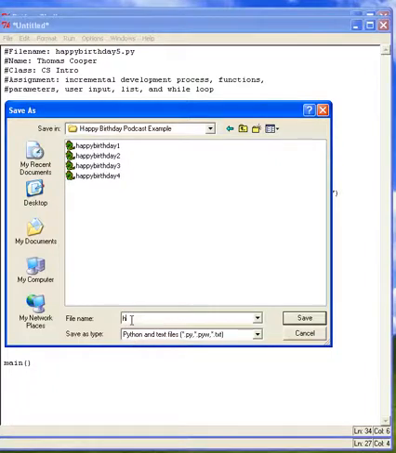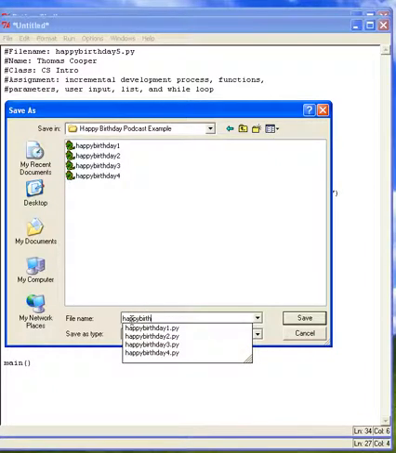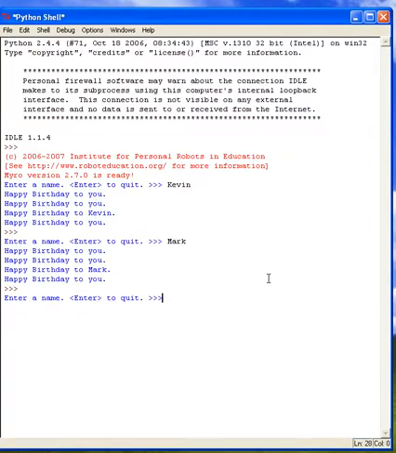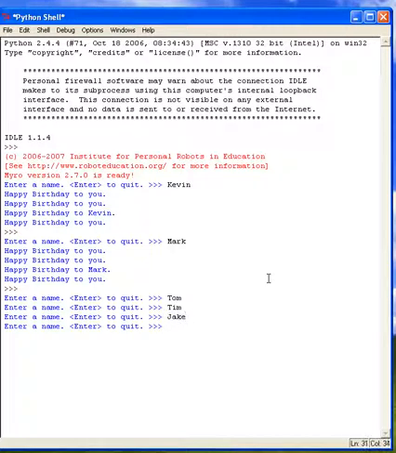So now I'm going to name it Happy Birthday 5.py, and I'm going to click Save. So now on my screen, by my prompt, you can see I can enter some names. So Tom, Tim, Jake, Kathy. And as soon as I hit enter again without entering anything, it'll go ahead